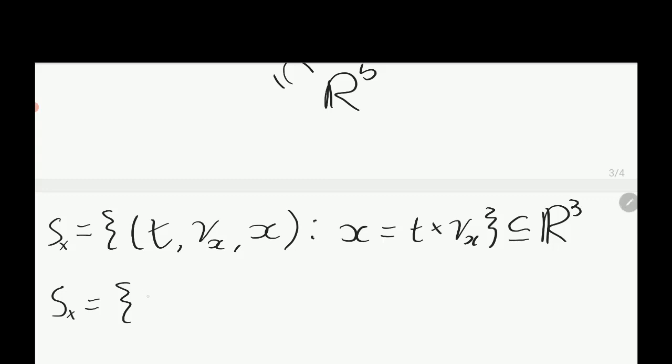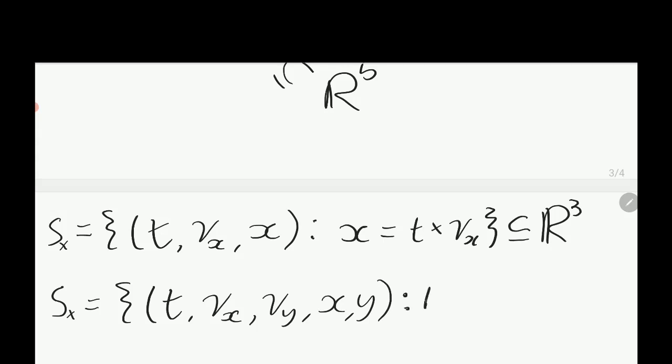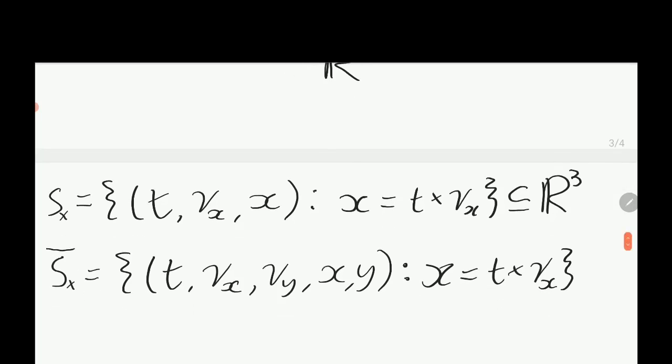So we'll take this situation and we're just going to add in a couple of extra numbers, Vy and also y. So now we're interested in all of these 5-tuples such that the same equation holds. So x is equal to t times vx. Let's call that set Sx bar. Now, how do we think of this? Well, firstly, it's going to be a subset of 5-dimensional space, if we're really being